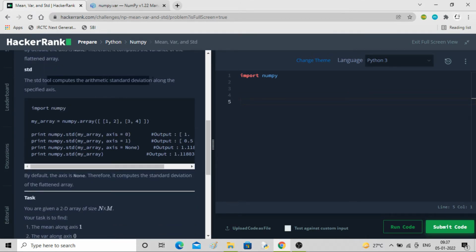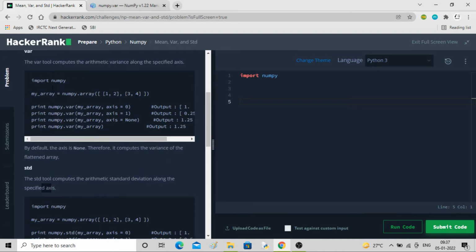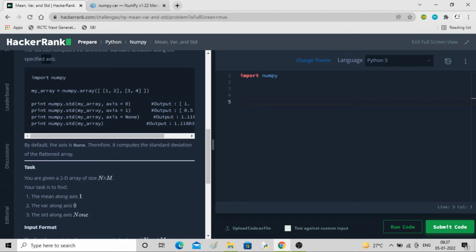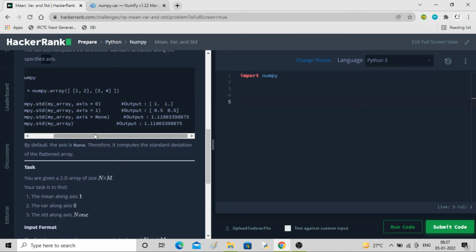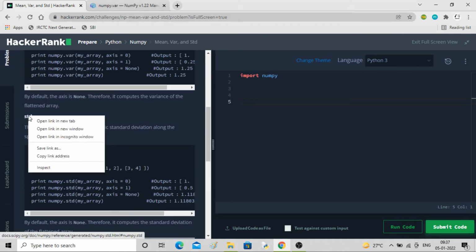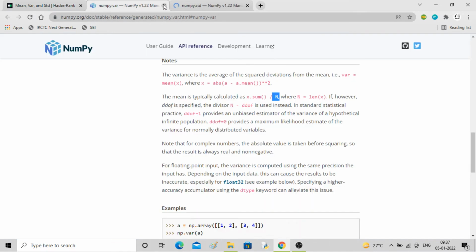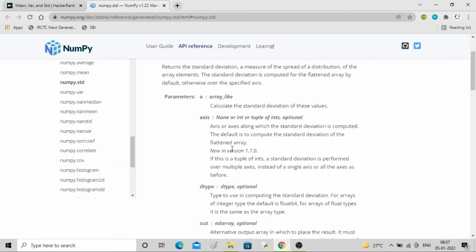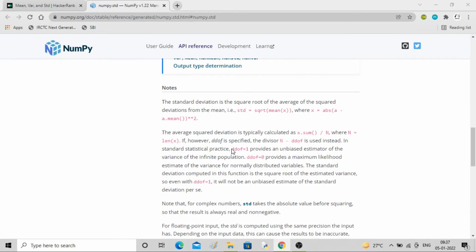Similarly, standard deviation computes the arithmetic standard deviation along the specified axis, which is just the square root of variance. So here you can see the square root. I forgot actually, it will be there in the standard deviation notes.